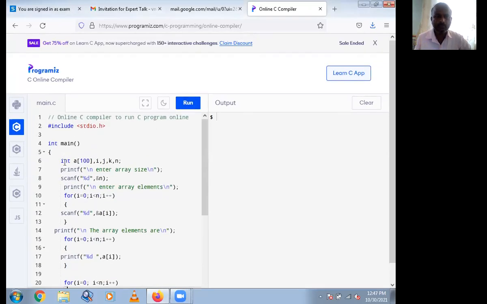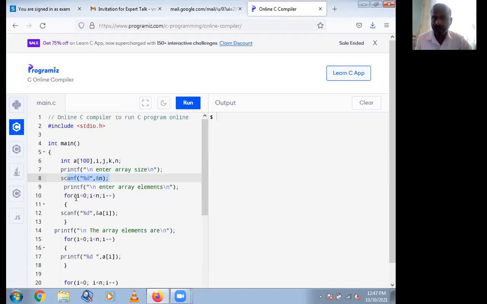See here, we have taken an array of size 100 and 4 variables i, j, k. I don't know what the size of the array entered by the user is, so I will write enter size of array and scanf percentage d and n, then enter elements for that array.